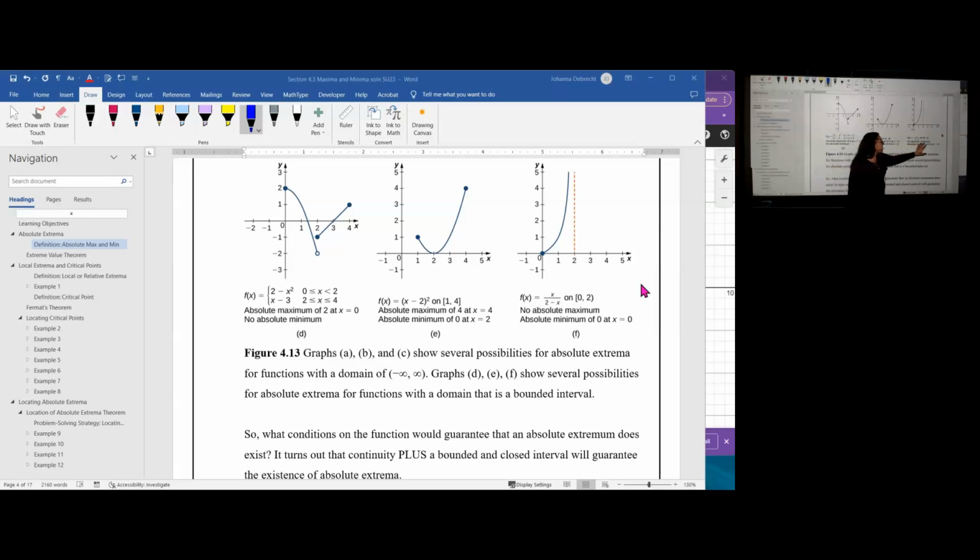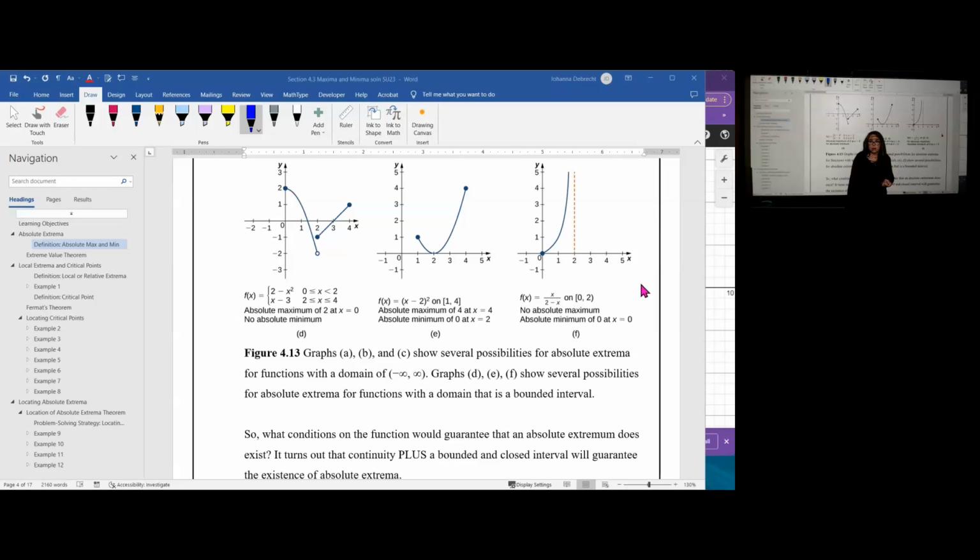The last graph is again a rational function, the graph of x divided by 2 minus x, defined on the interval closed 0 to open 2. We have a vertical asymptote when x equals 2, which means the graph is not defined there. In this case, we do have an absolute minimum value of 0 at x equals 0, but there's no absolute